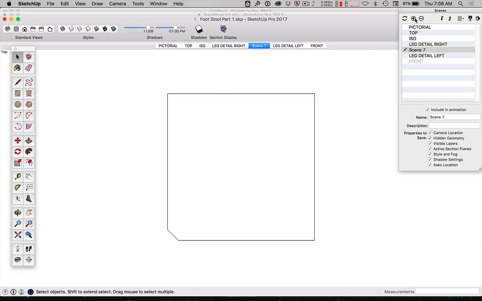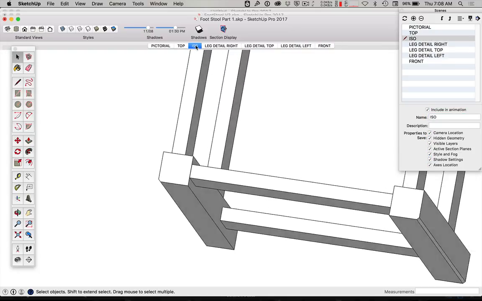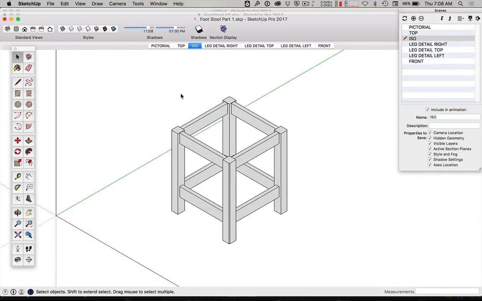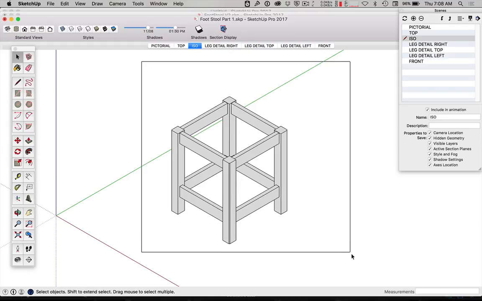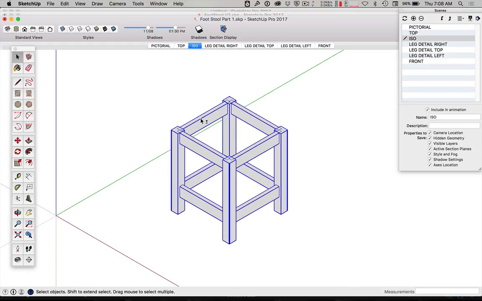And I'm going to create another view there. Leg detail top, and then I'll go back to my, let's have a look here. I think I'll go to my ISO because it's easier, that way I can select everything. Here what I want to do, I'm going to select everything, and then I'm just going to shift click that apron or rail and